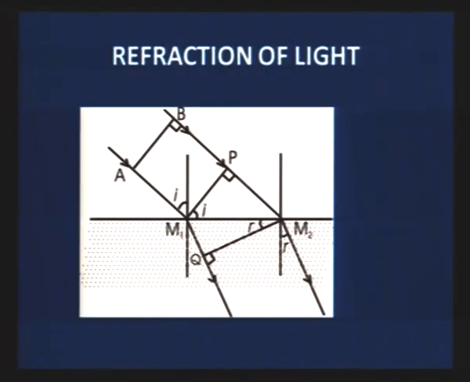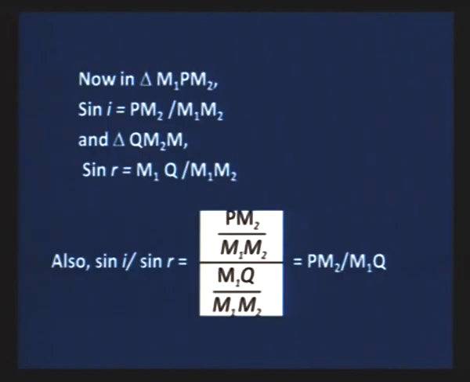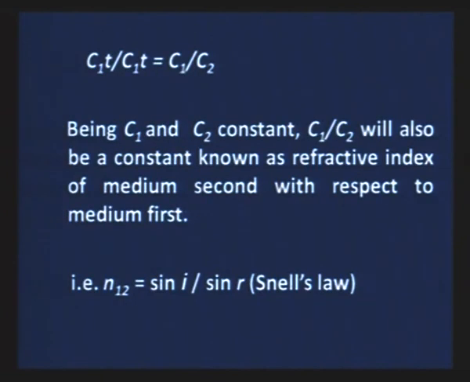So, light does not travel the same distance from point P to M2 and from point M1 to Q. That is why these two distances are not equal. So, here we apply the different theory to calculate sine of angle I and sine of angle R in terms of these distances. Since the velocity of light is common